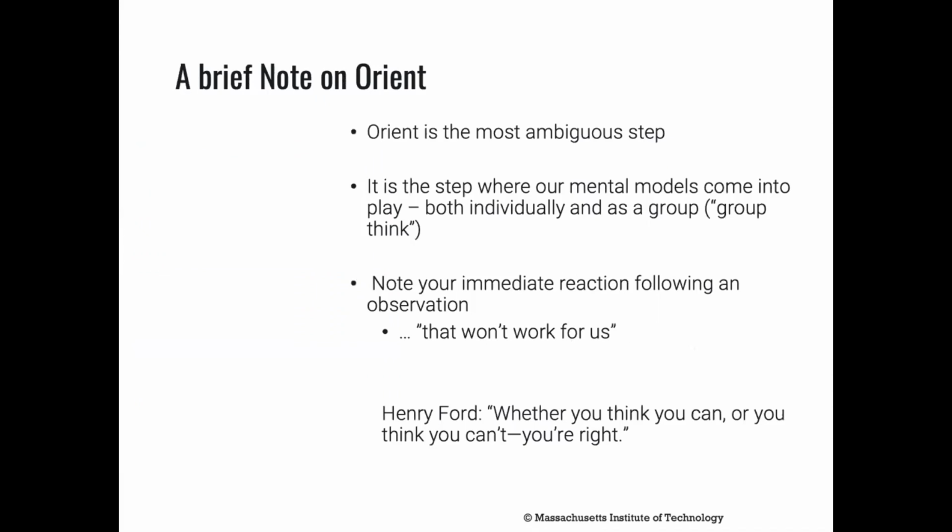And just a brief note on orient. This is the most ambiguous step. And it's the step when we go to make our decision, our mental models come into play, both individually and as a group. And this is where you'll see in decision-making processes that some information is rejected, such as "this doesn't work for us." And what's interesting is now that we're looking at artificial intelligence and neural nets, which are essentially